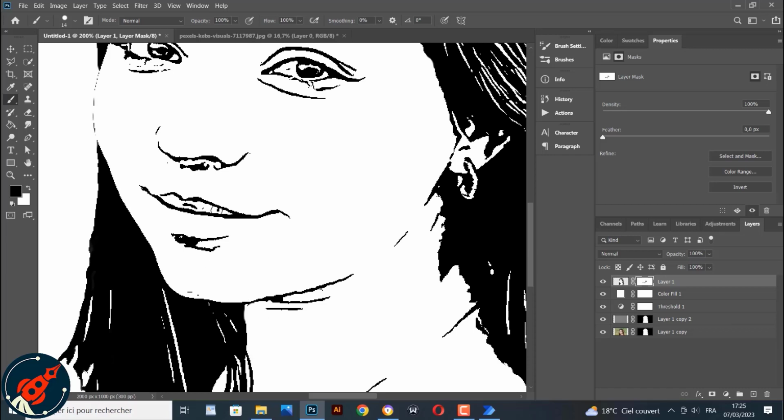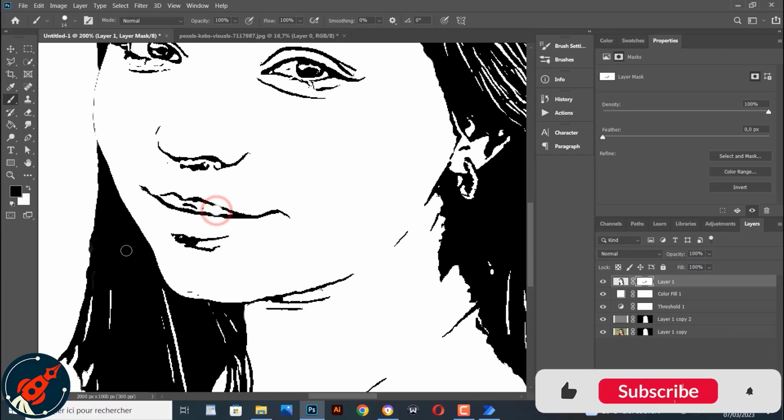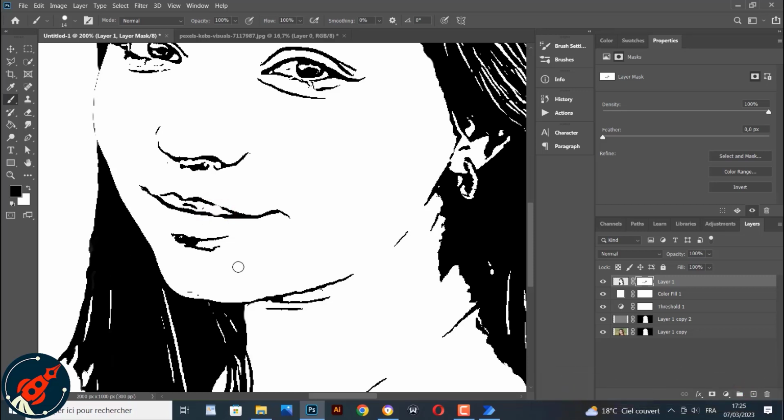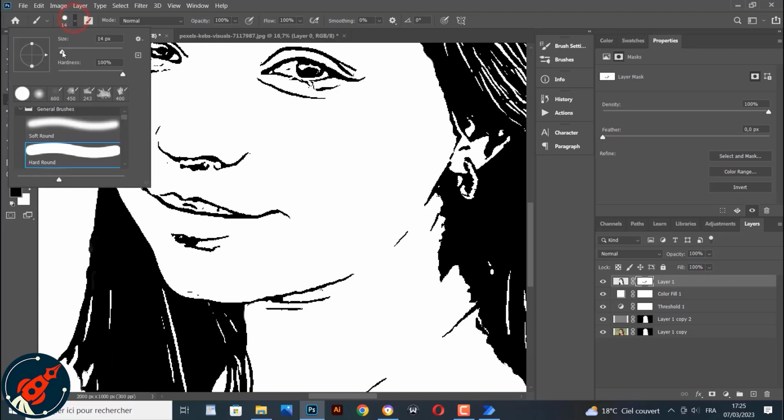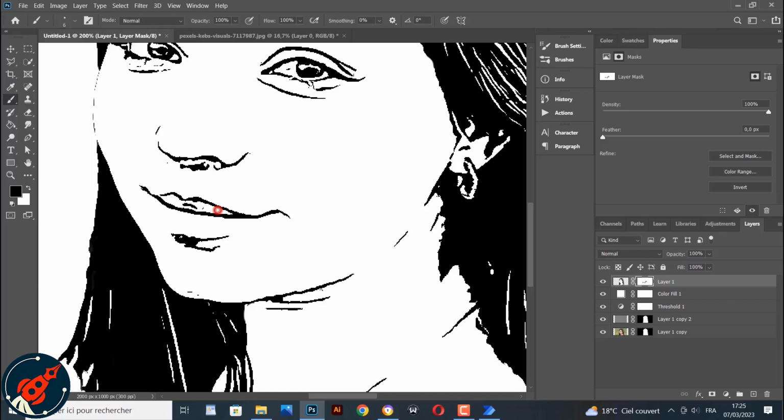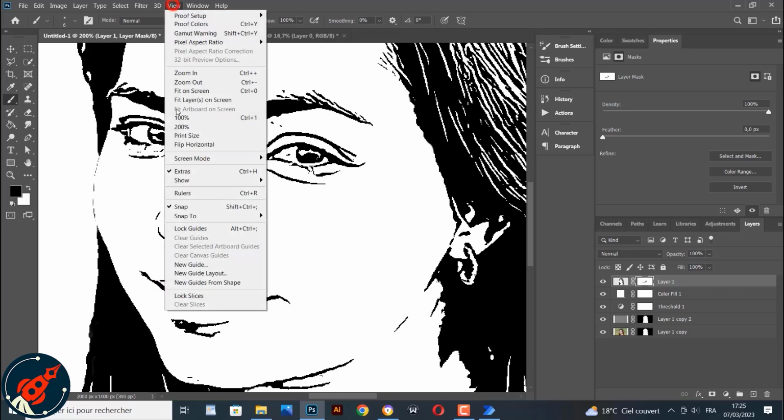And like you can see, until now we are getting a very professional result. We keep the face of the woman very clear. We can recognize the woman just from this vector image. We don't need to see the original one to figure out who this woman is. So this is a very important thing to keep in mind while creating this kind of graphics,